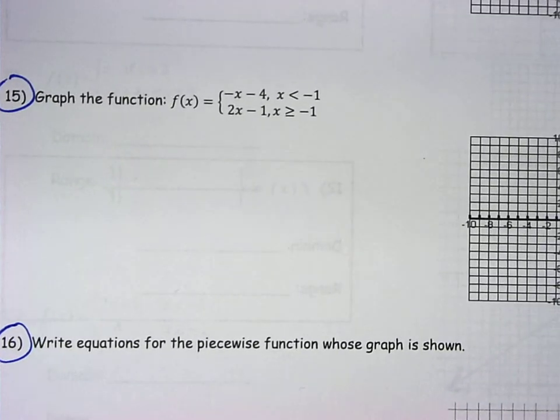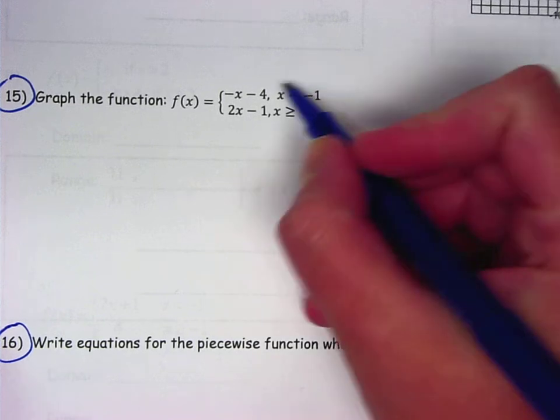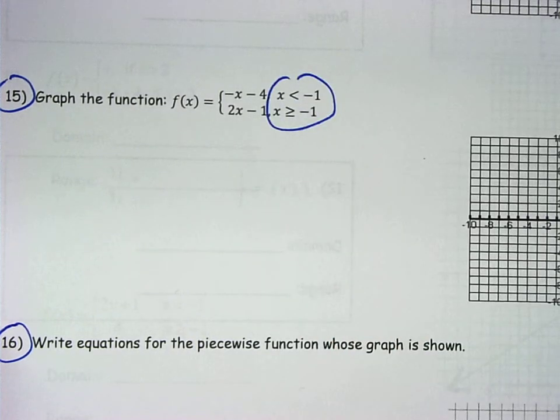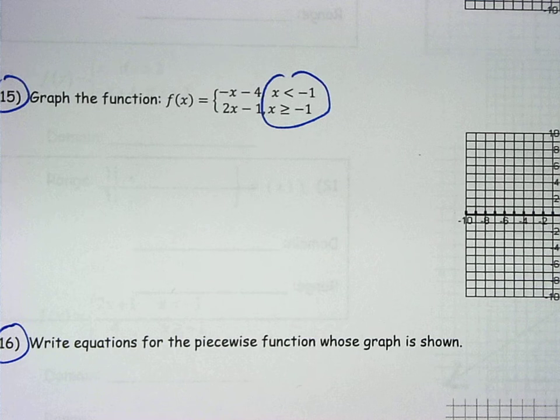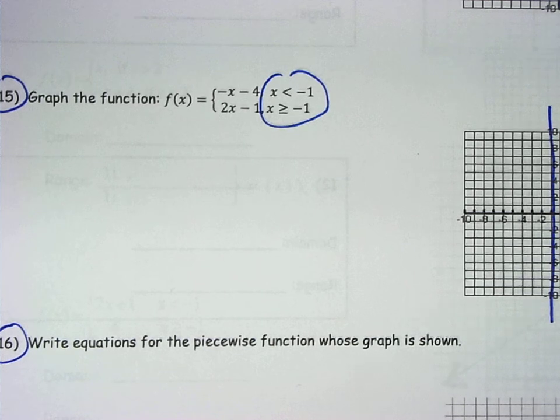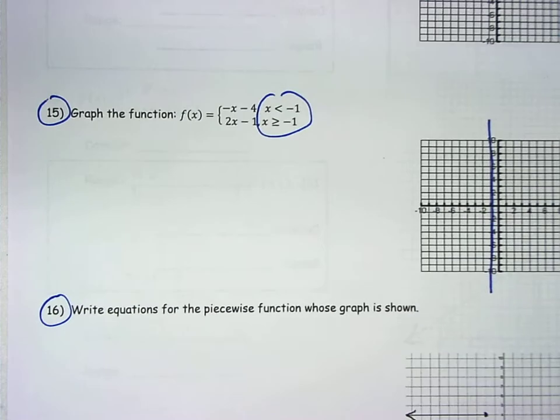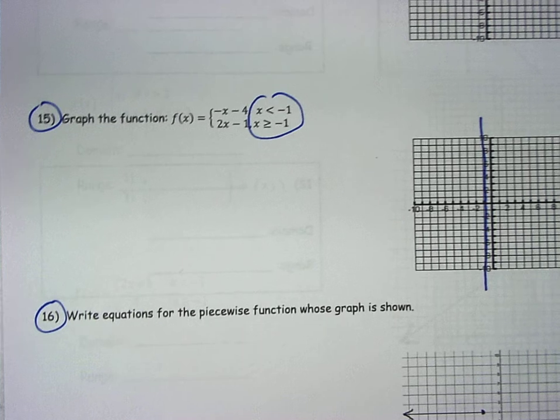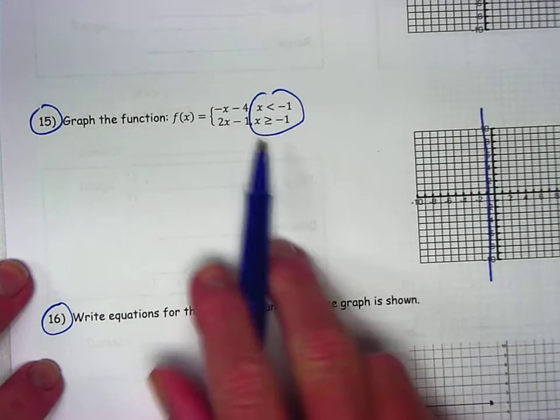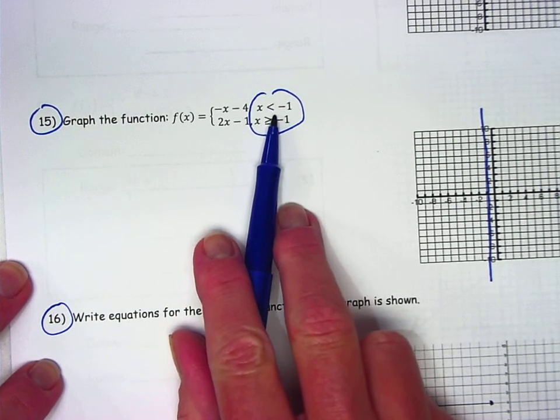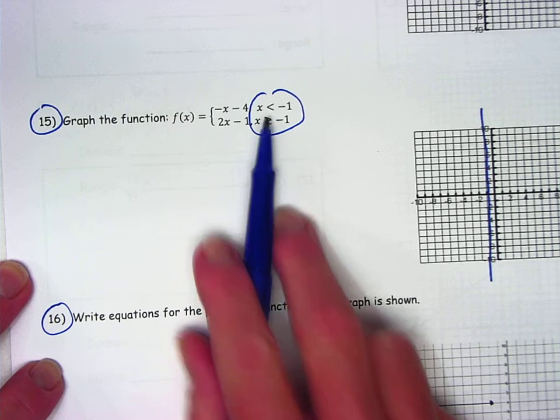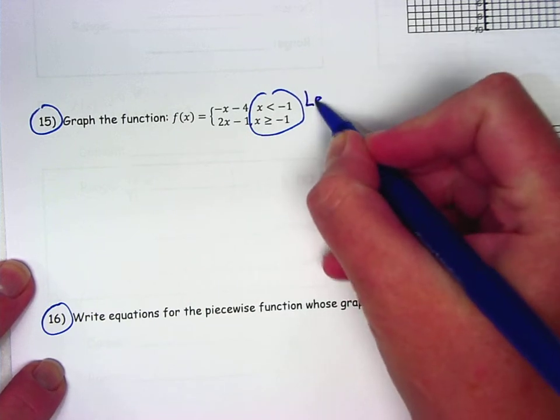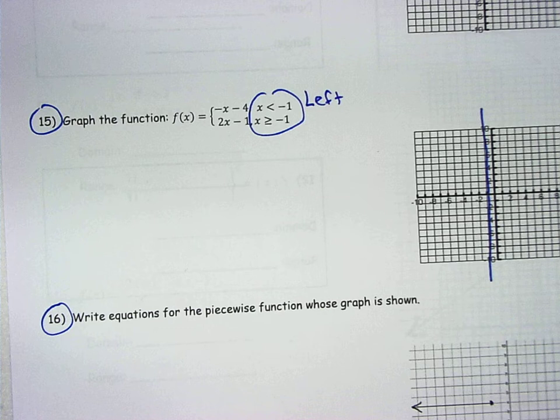So here's how you graph number 15. Those two parameters set your divide line. So I have a divide line at x equals -1. When I look at this parameter, that says x is less than, so that top one is going to be